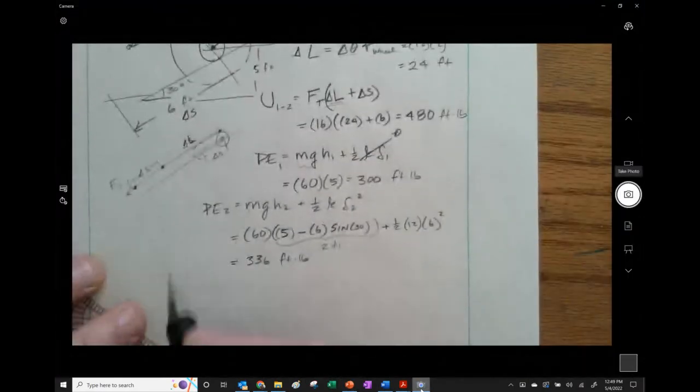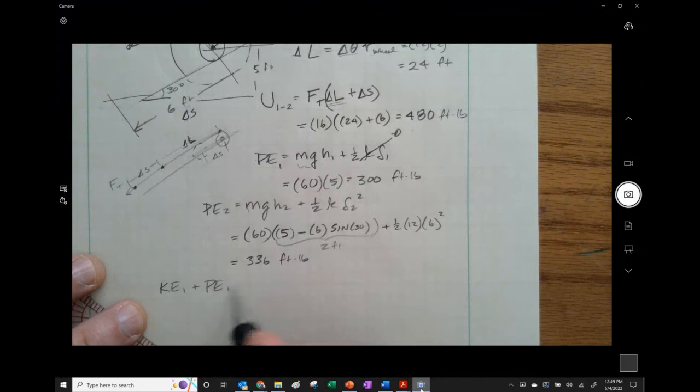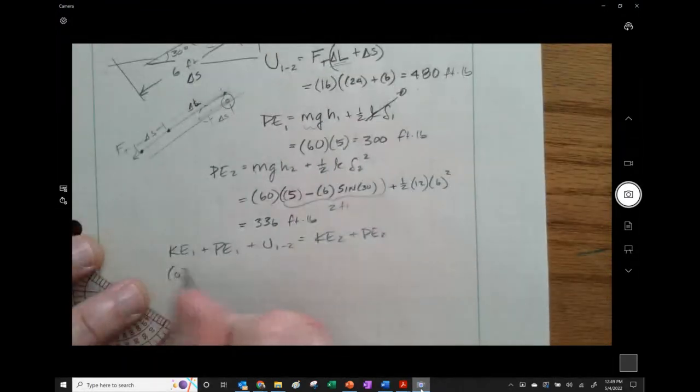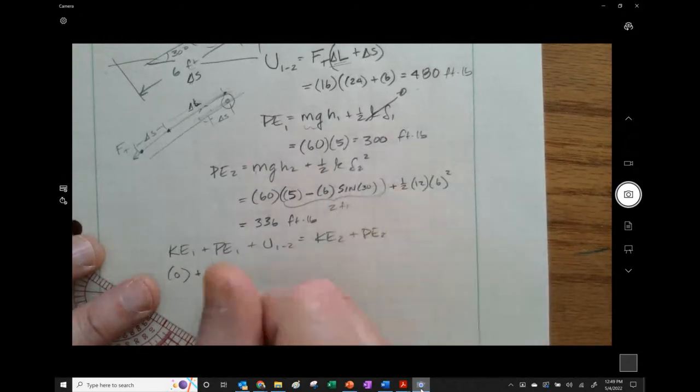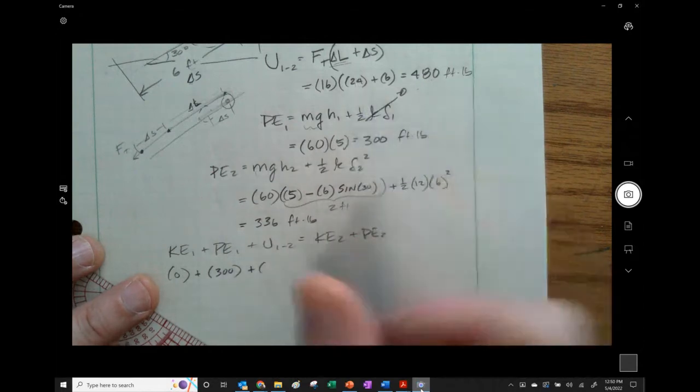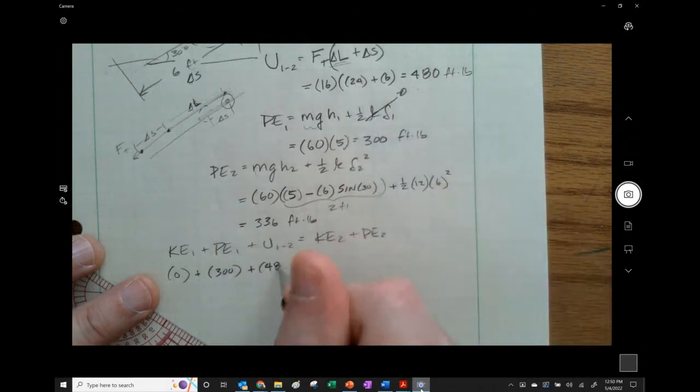Really, we're asking this one step at a time, right? So we have KE1 plus PE1 plus U12 is equal to KE2 plus PE2. So we have 0 plus potential energy at state 1. We said it was 300. The work, I'm revising it. I've changed my mind, and it's 480